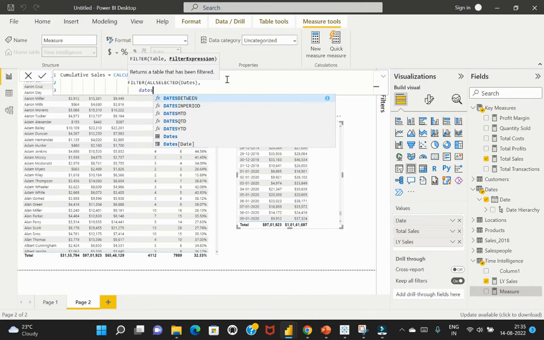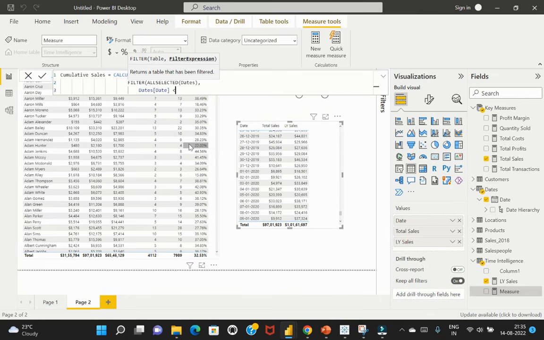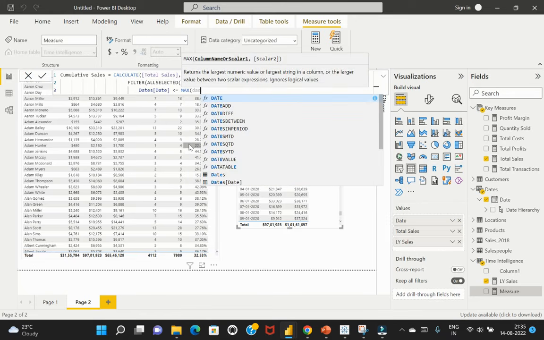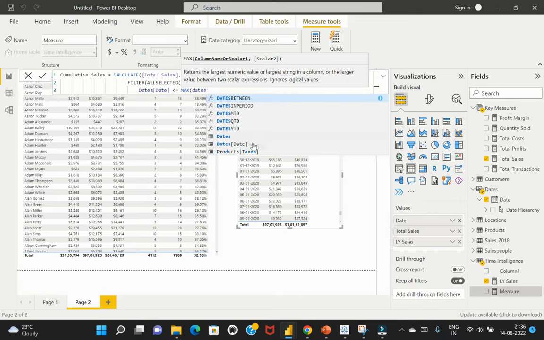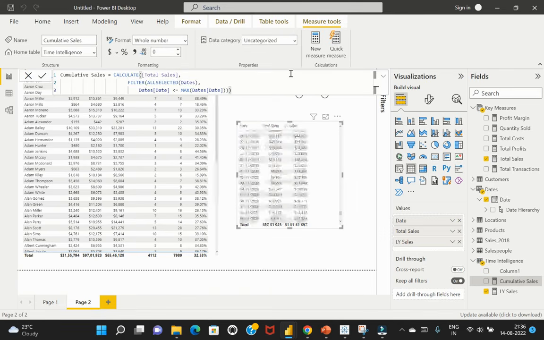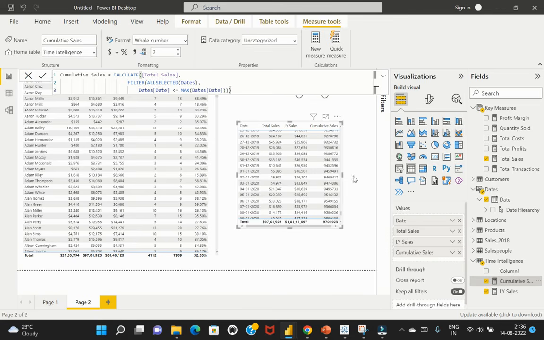bar, and then say dates of date less than or equal to max of dates of date. Okay, and I think another parenthesis. Yeah. So hit enter. Okay. So I will explain these functions, but before that, let's try to add that cumulative sales value within this